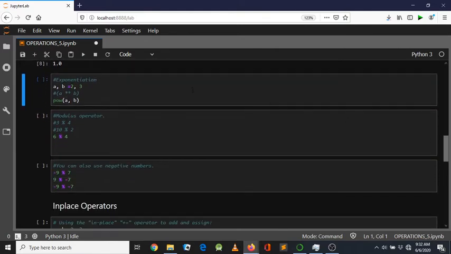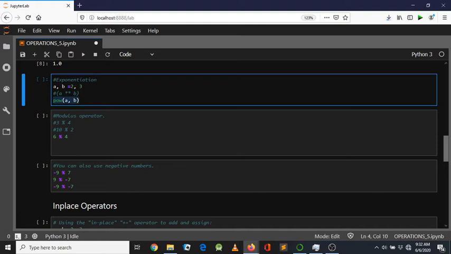Now, we normally say 2 to the power something when we talk of exponentials, and in programming or in Python we use the double asterisk sign, which actually denotes to the power, and we also have a built-in function called pow. So pow, not power, pow, but I call it power. So let's run the